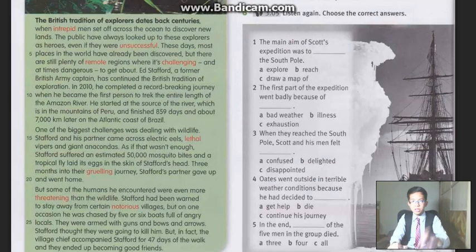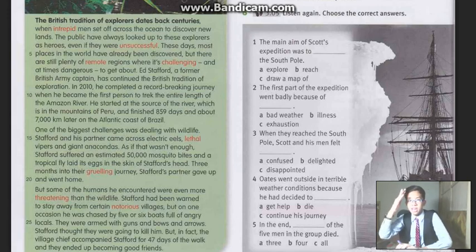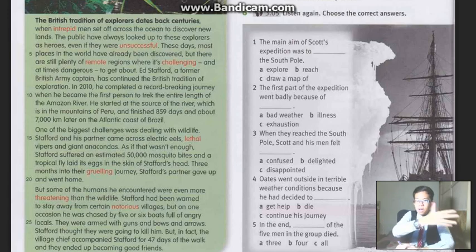The British tradition of explorers dates back centuries, when intrepid men set off across the ocean to discover new lands. The public have always looked up to these explorers as heroes, even if they were unsuccessful. These days, most places in the world have already been discovered, but there are still plenty of remote regions where it's challenging and at times dangerous.